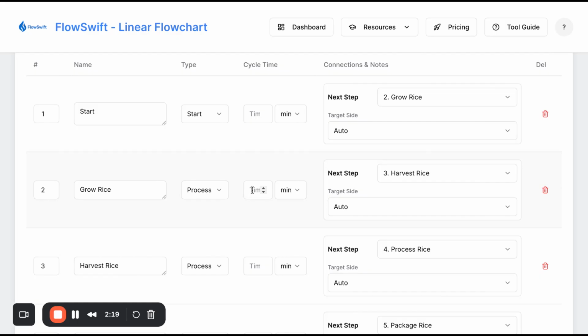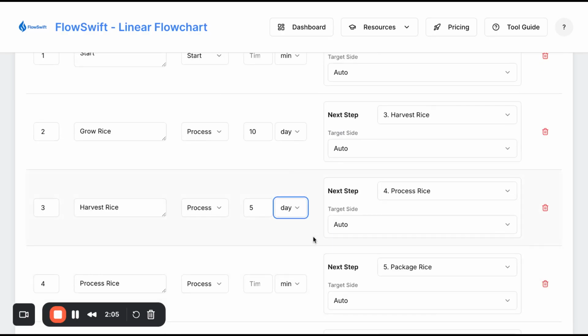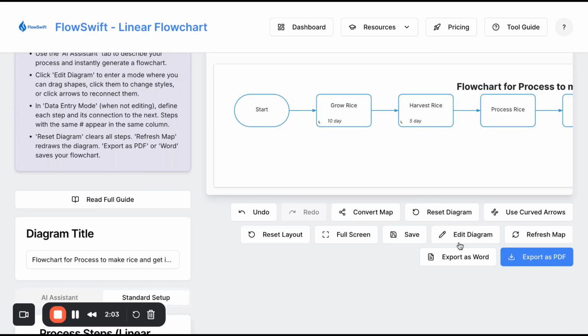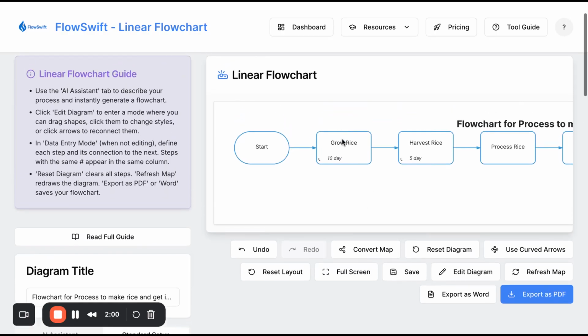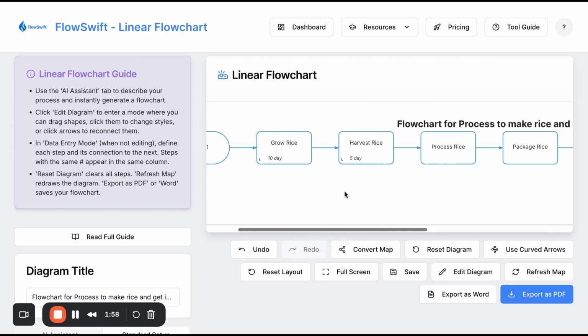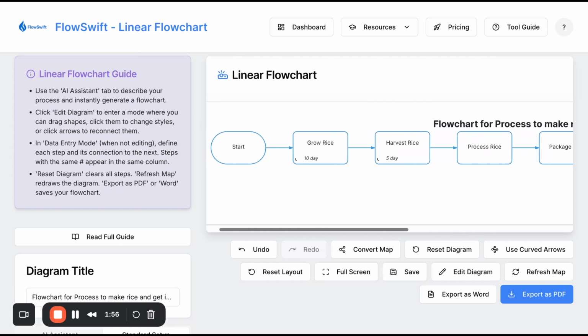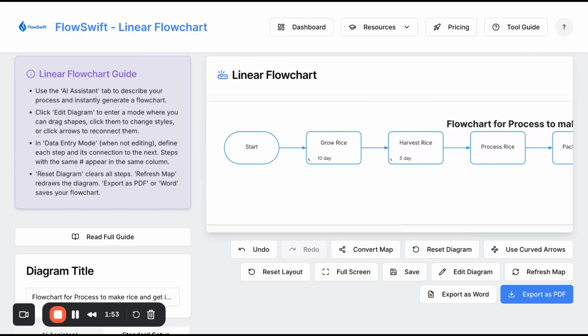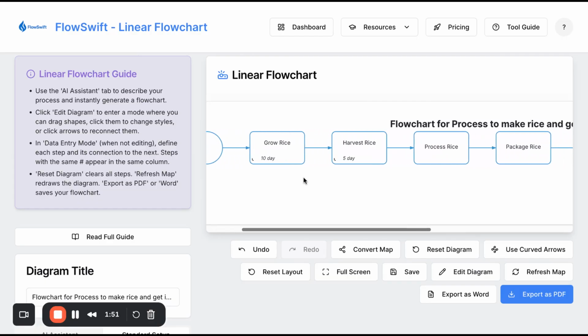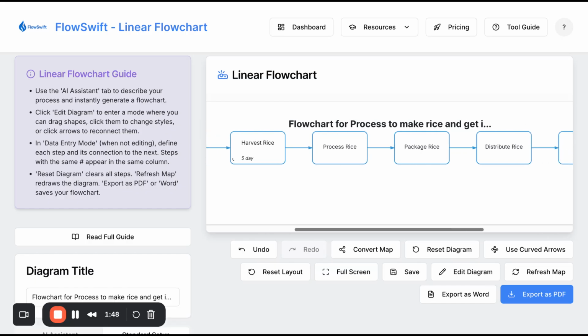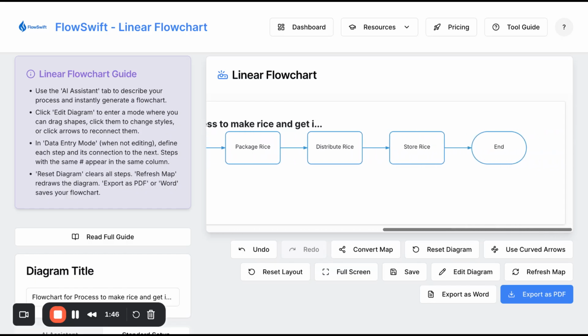So if I want to say this step takes 10 days, and then this next one takes 5 days, and you'll see here that has now been updated. And so as you slide here, you can see the entire flow has been generated for you. So you start, you grow the rice, you harvest the rice, you process the rice, package the rice, distribute the rice,